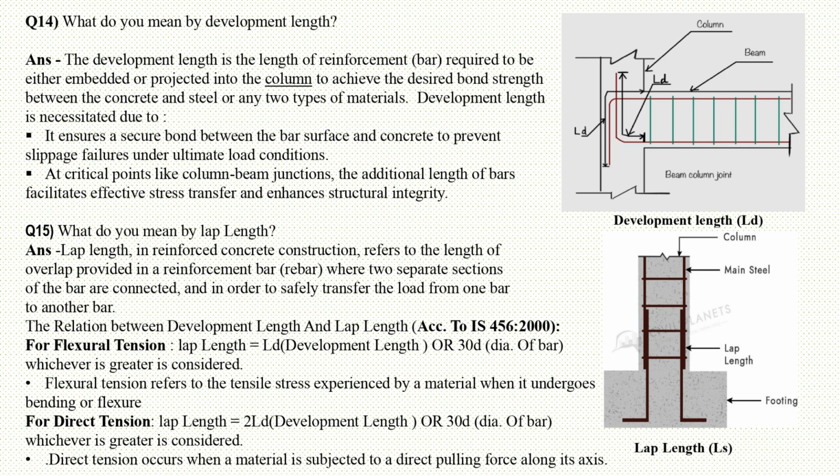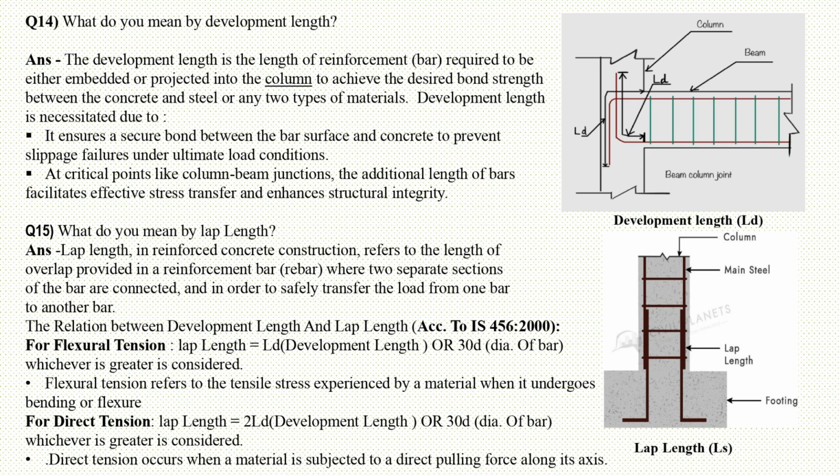Question 15. What do you mean by lap length? Answer. Lap length, in reinforced concrete construction, refers to the length of overlap provided in a reinforcement bar, or rebar, where two separate sections of the bar are connected, in order to safely transfer the load from one bar to another bar. The relation between development length and lap length, according to